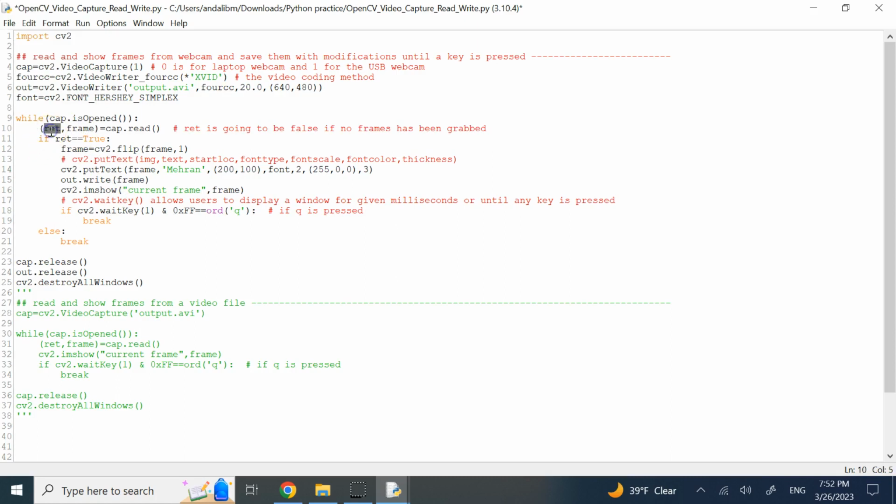So this ret will tell me the success of the capturing operation. If ret is true, what would you do? The first thing is, typically the image that it captures is upside down. So the first thing I do, I flip the image about the horizontal axis and make it upright, normal again. Then I put the text on it, and then with that out object, I use the write method and write